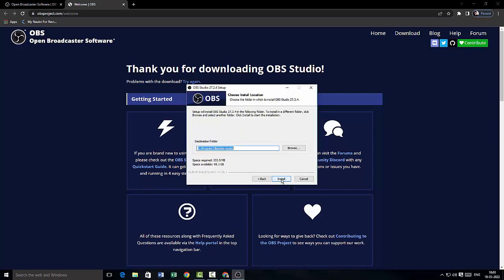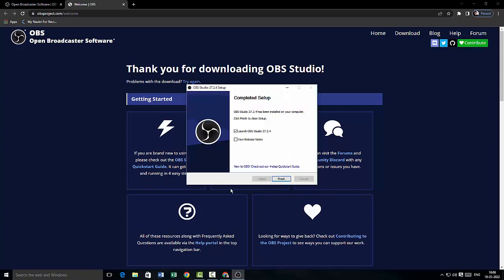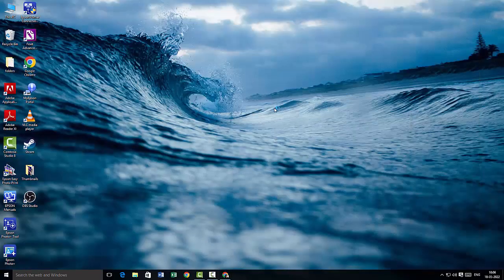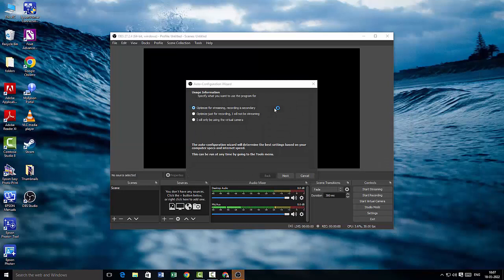I'm just gonna quickly install it in the C directory. Alright, it's done now, and as soon as I complete the installation, I'm gonna just click on finish with launch OBS Studio checked. So I'm just gonna click on finish here, and I'm gonna launch OBS. Okay, this is the page for OBS,